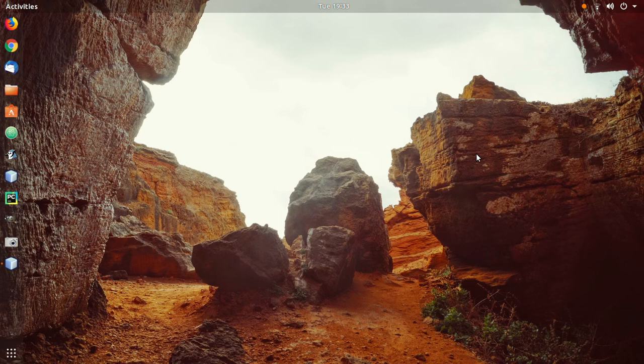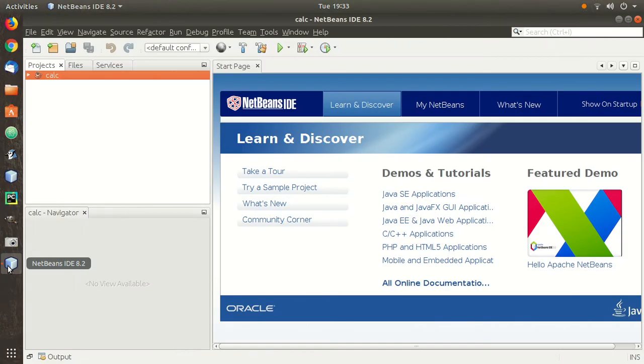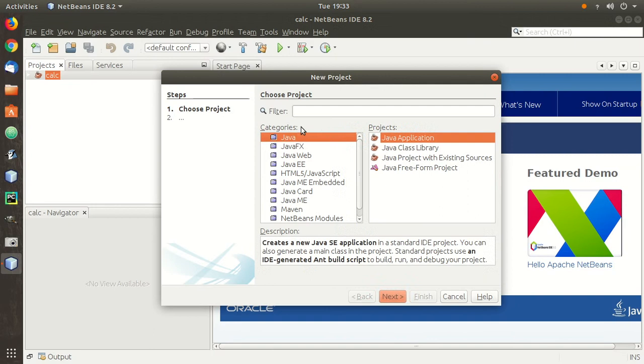Hello guys and welcome to this video tutorial in which I am going to show you how to make a Java login form using NetBeans IDE. So first of all, we have to launch NetBeans as I have done already. Then we have to make a new project under the file menu and just select Java and Java application and